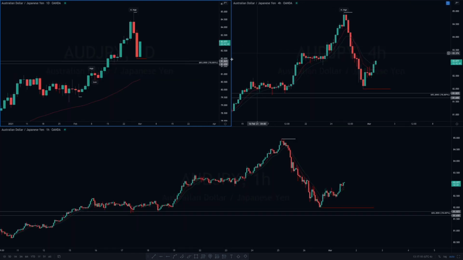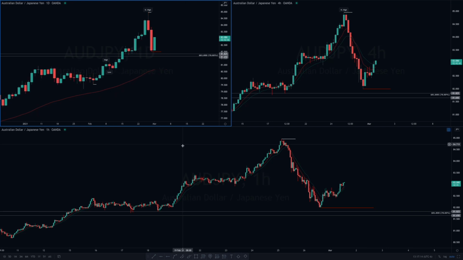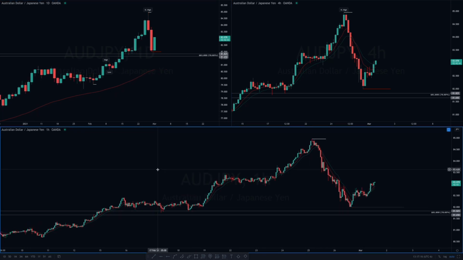Moving on to the next pair, it's going to be the Australian yen. And if you notice, these pairs are pretty much going through a similar phase. We have a high, we have a low, and we have a higher high. This is exactly the same as what we had with the New Zealand US dollar. The only difference is that we don't have that much structure like we did on the New Zealand US dollar, but we were able to create a strong support area at